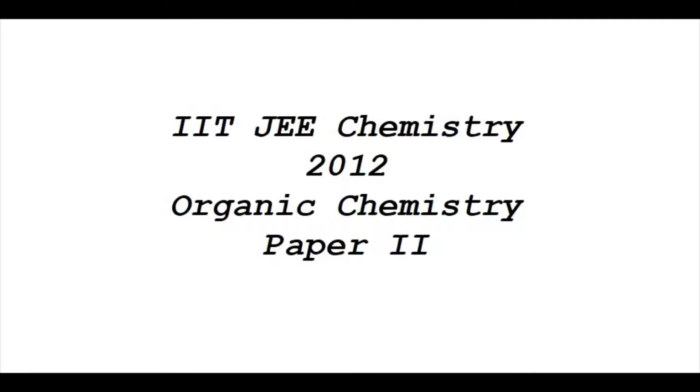In this video, I will discuss the organic chemistry questions of IIT JEE 2012 paper 2. In this question, we have to predict the major product H, and we have an ethyl methyl ketone here. Although it is not very clear, I can understand. Let me clarify. This is a cyanide anion which is going to react with this ketone and will form an